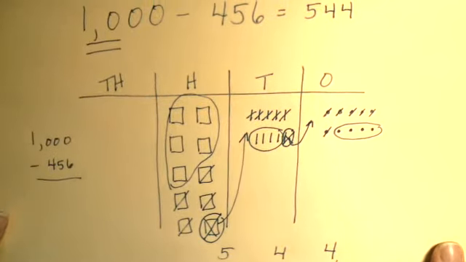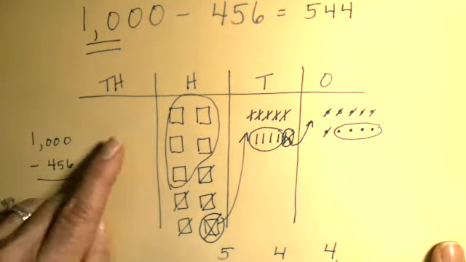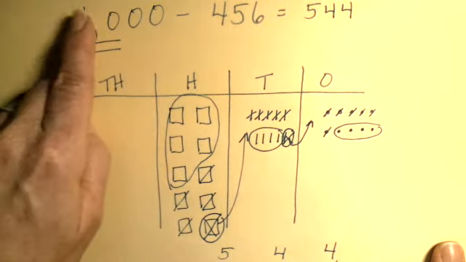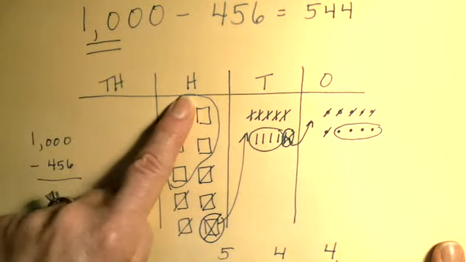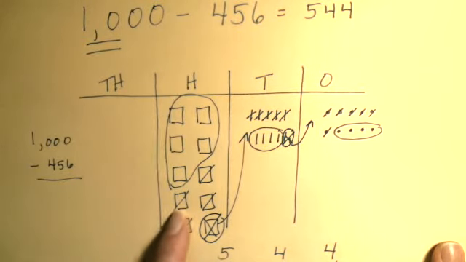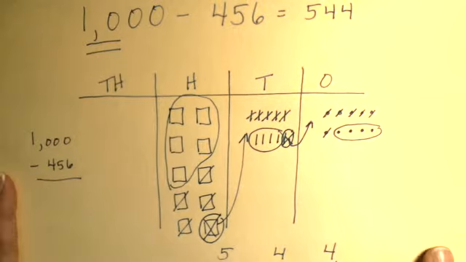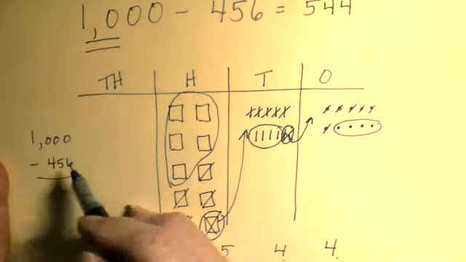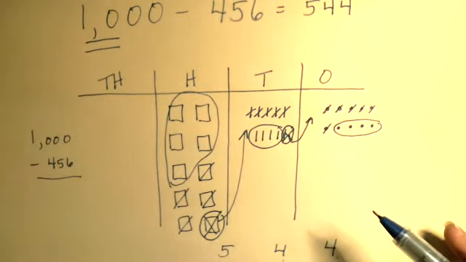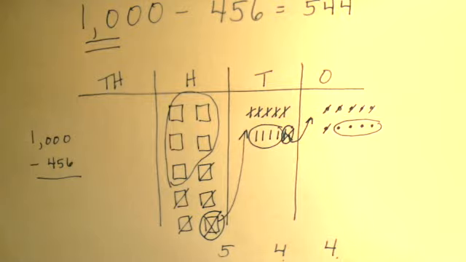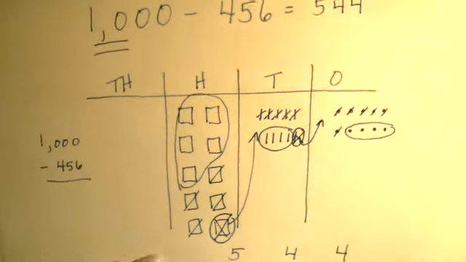Now, that wasn't really so scary. If you start by making your 1,000 into 10 hundreds, and you just follow the same procedure you would when we use the place value chart to subtract other numbers, it works. Now another strategy you could use